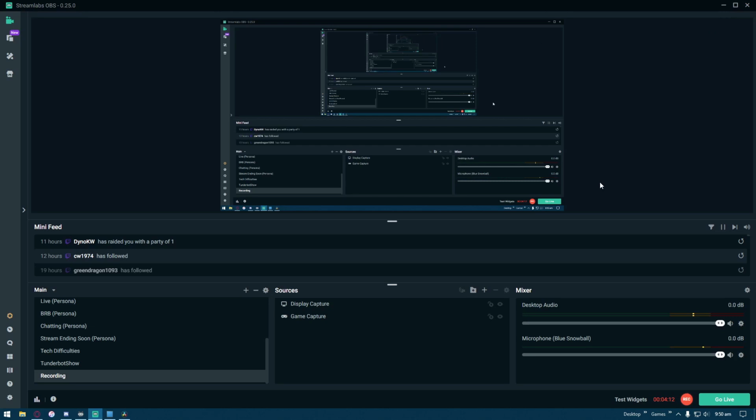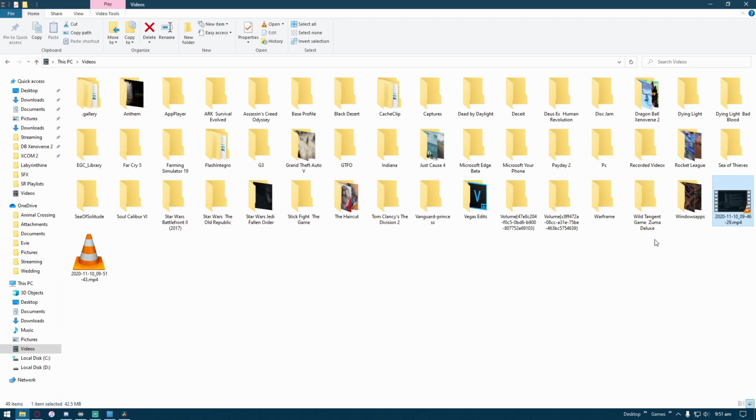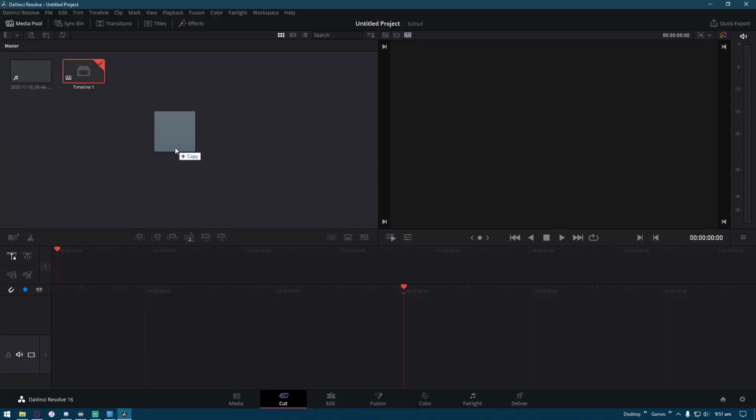Now, I will then take that part of the video and I'm going to chuck it in DaVinci and show you what I mean with the audio tracks and show you how you can mute it, cut it, do whatever you want to separate it out, and it's not going to affect the entire audio package. So what I'm going to do is just go to my videos folder where the video has saved, the one that I've just recorded. So I'm just going to grab that, take it over to DaVinci, chuck it in the